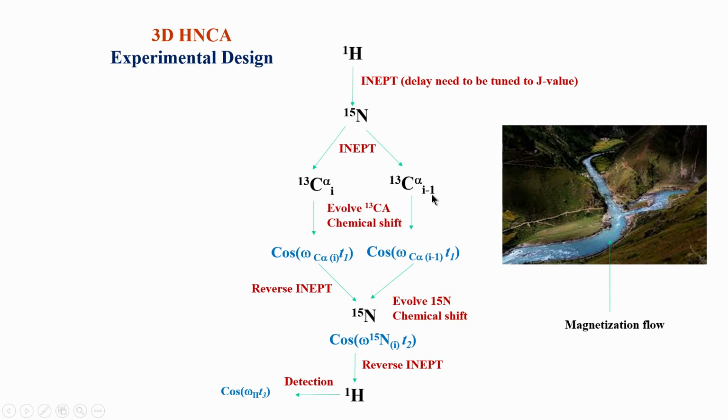We are also exploiting that in NMR, splitting the magnetization into two channels or two paths, evolving them and then bringing them back into the same and then detecting the signal. So, this is basically how HNCA is done. We will continue with HNCA in the next class and see what is a slight problem with this, and how it can be circumvented with another experiment. We will see that in the next class.